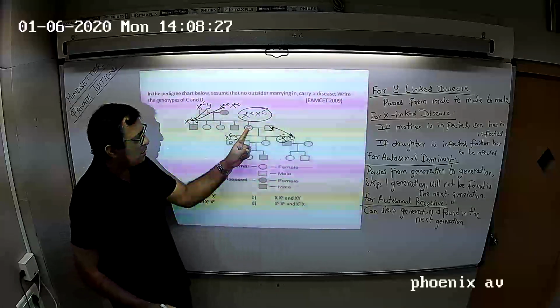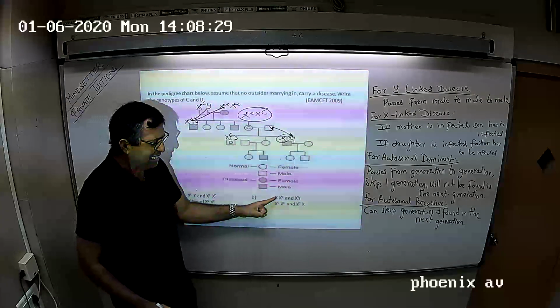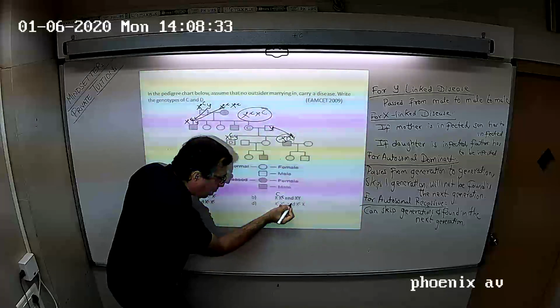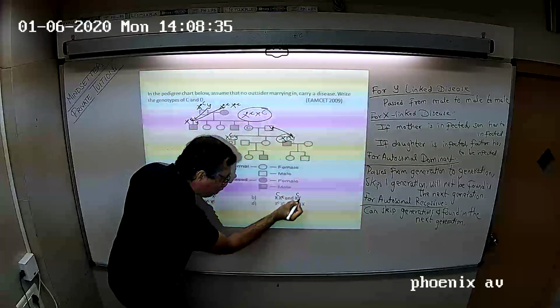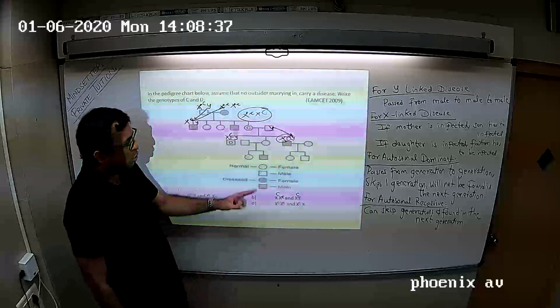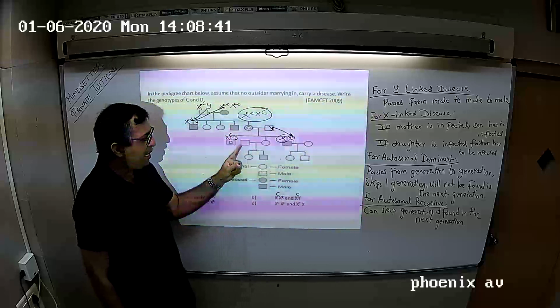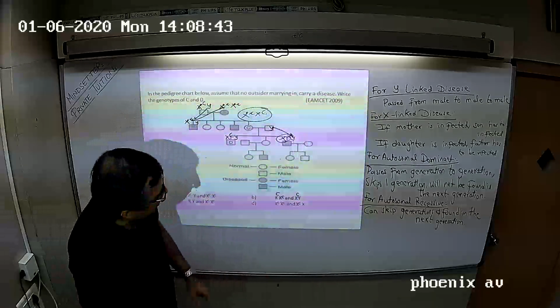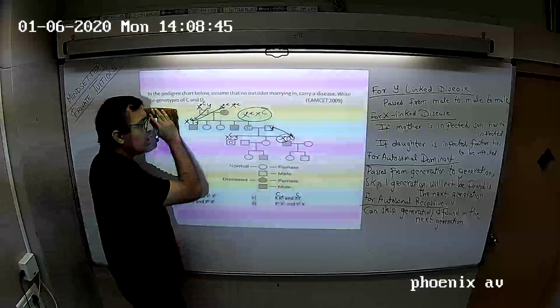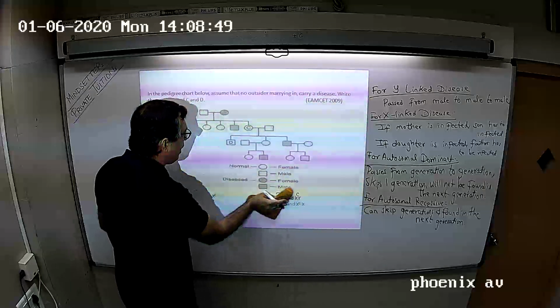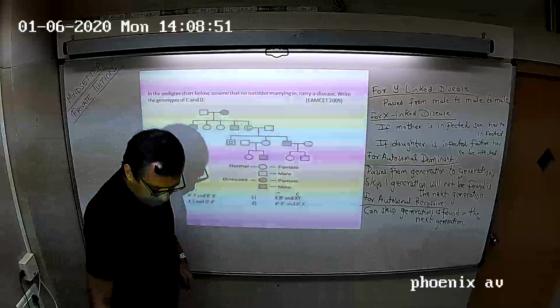So what is C, carrier? X capital C X small c. And what is male? X capital C Y. So C is X capital C X small c. Male is X capital C Y. So this is an example of X-linked disorder. ये X-linked है, X-linked disorder है, and